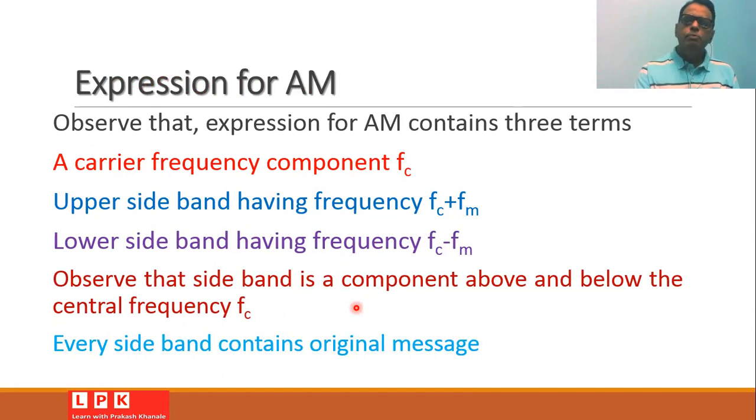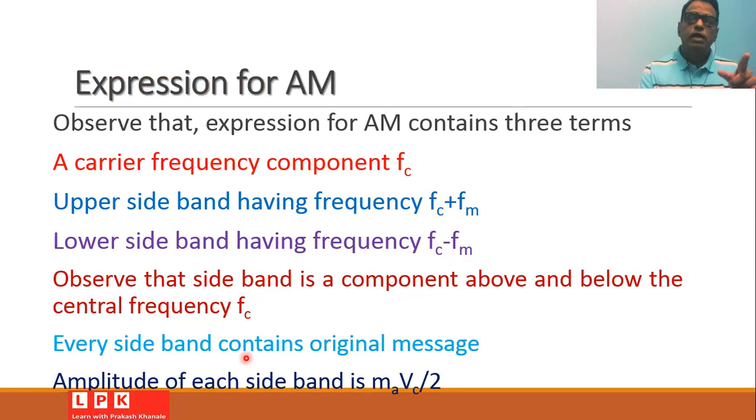Another important thing that we understand from this expression is that our information or intelligence, our modulating signal, is contained in the sideband. So the carrier is of no importance to us because our message is what is important once it is modulated and transmitted. Then at the receiver, we can recover the original message from the sideband, either from the upper sideband or from the lower sideband.